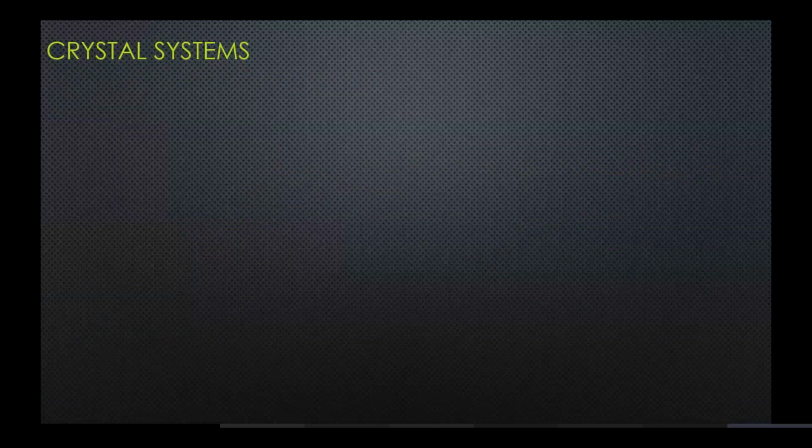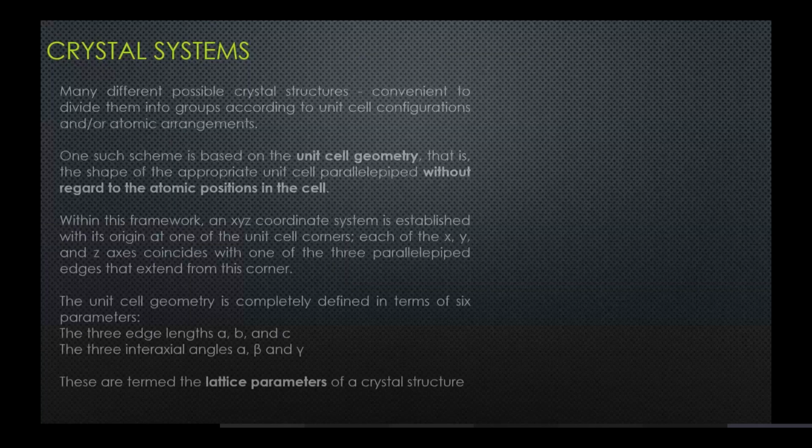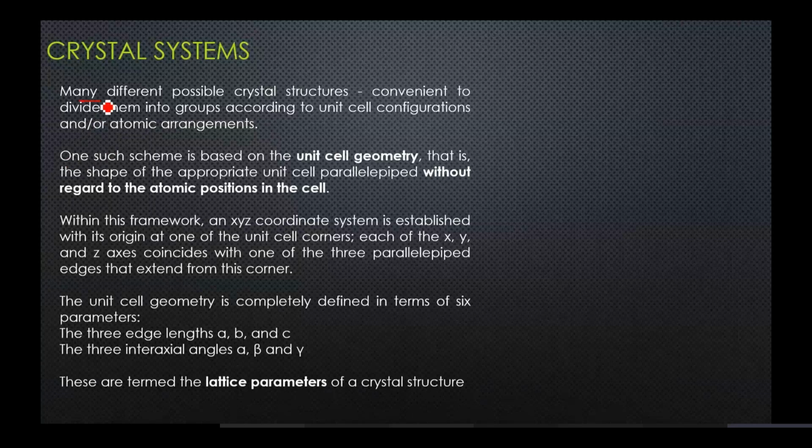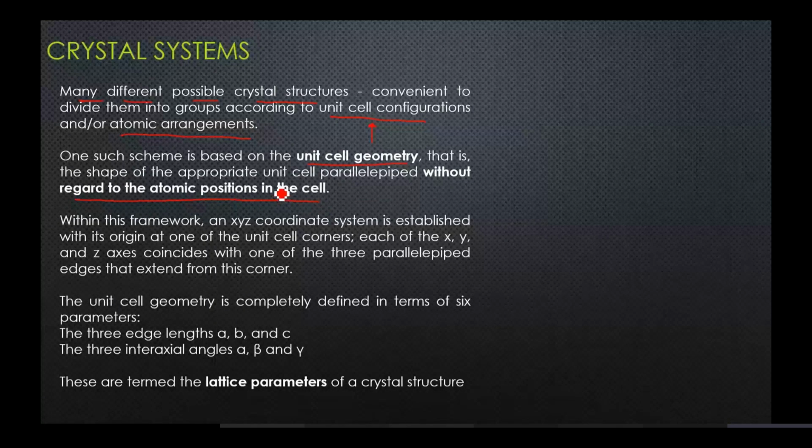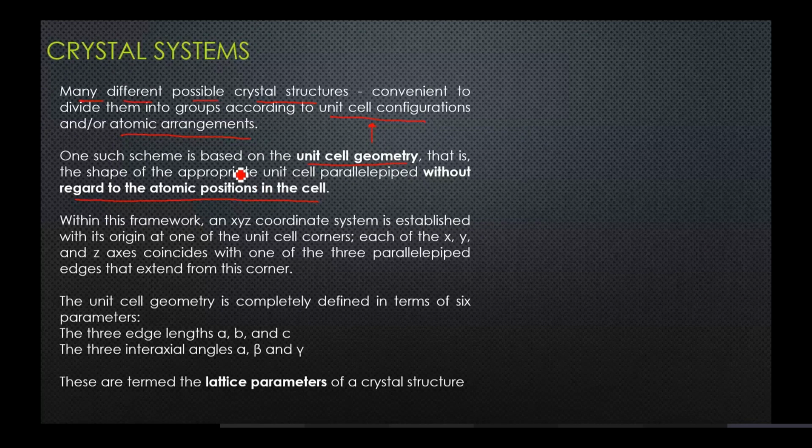Now, moving on towards crystal systems. Crystal systems basically define the geometric arrangement. It says that there are many different possible crystal structures, and it is convenient for us to divide them into groups according to the unit cell configurations or atomic arrangements. We'll focus primarily on unit cell configurations at the moment. Based on the unit cell geometry and without regard to the atomic positions in that geometry, we can divide the crystal systems into 7 major crystal systems,